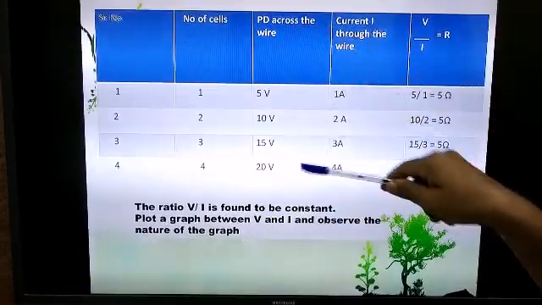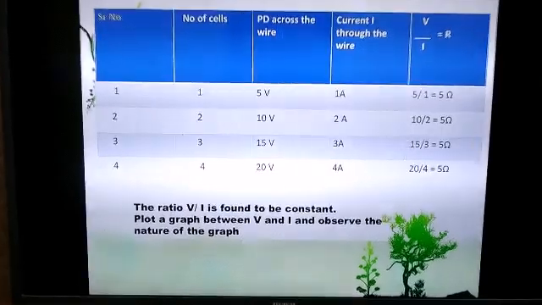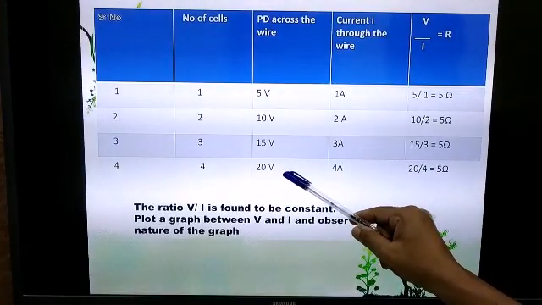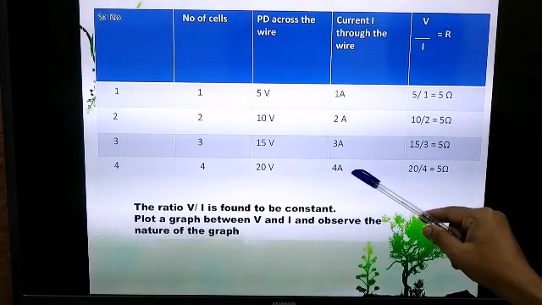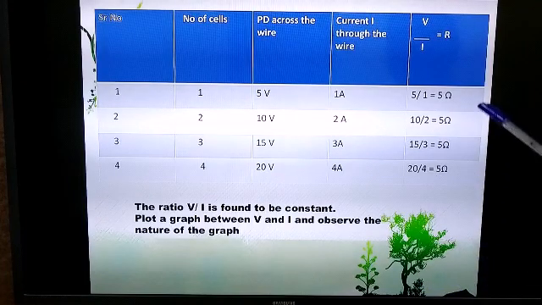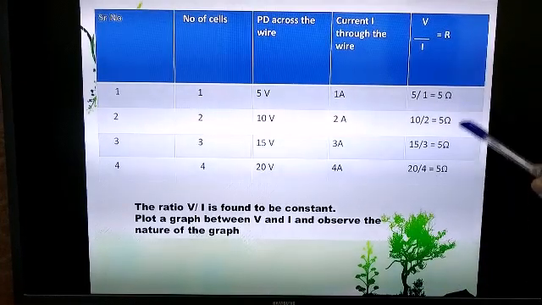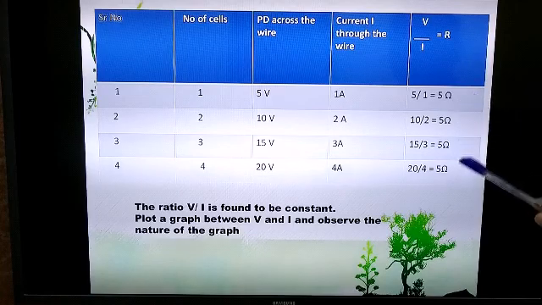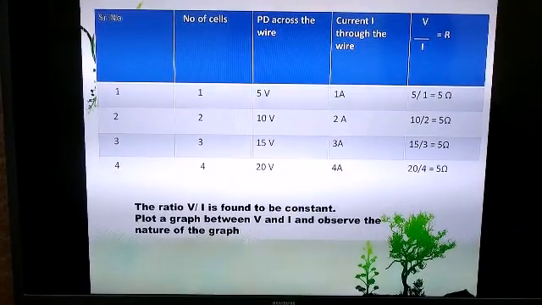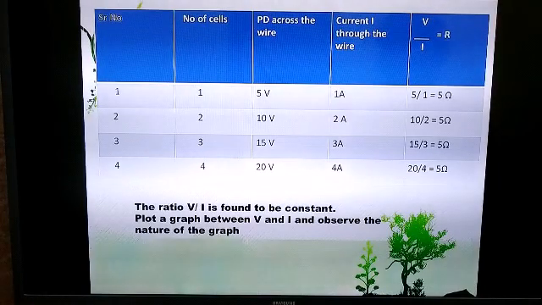Connect four cells in the circuit and note down the reading shown by voltmeter and ammeter. The reading shown by the voltmeter is 20 volts and the ammeter shows a reading of 4 amperes. So V upon I will be 20 by 4, which is equal to 5 ohms. Now you will find that this ratio V upon I is a constant value. And if we plot a graph of V against I and observe the nature of the graph,